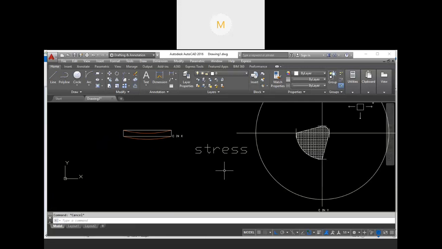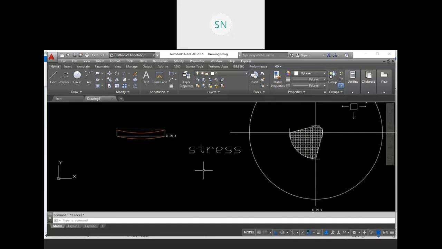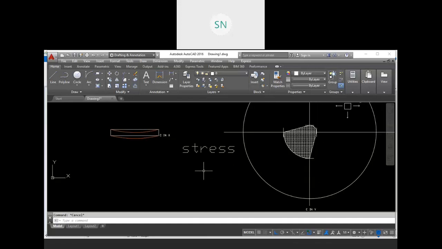What is the unit of stress? Force per area, right? Newton per mm square, force per unit area, right? But I want to clear one thing over here.